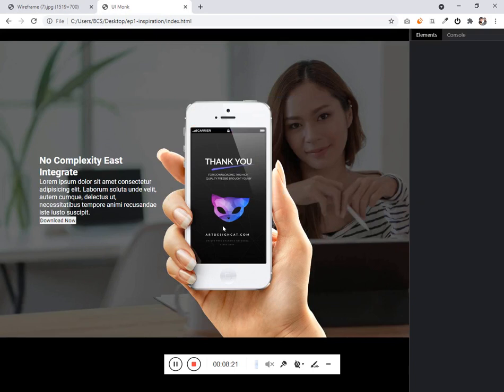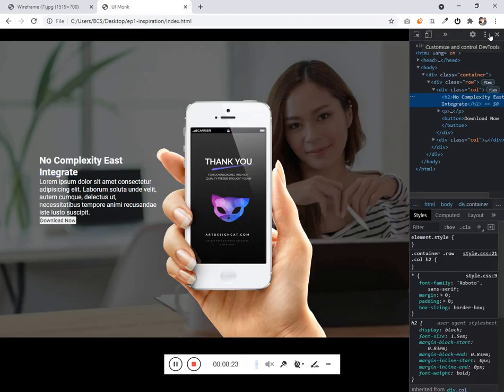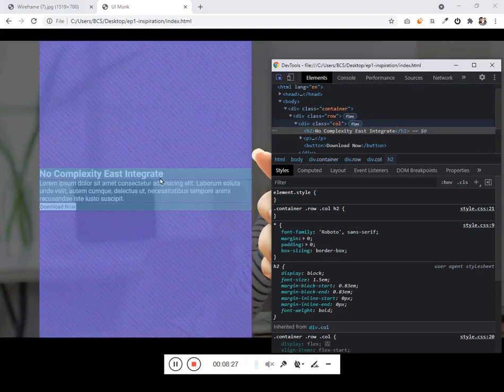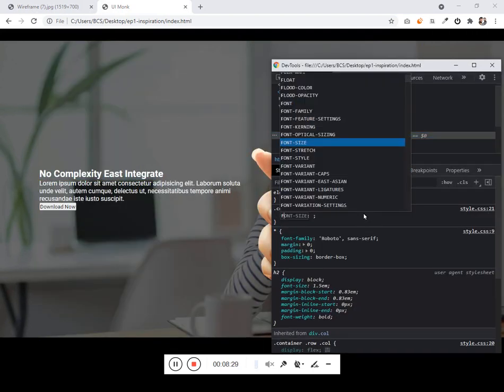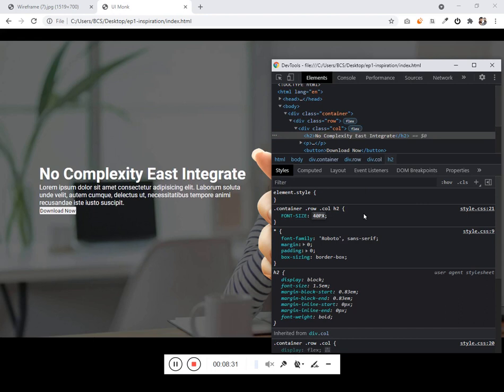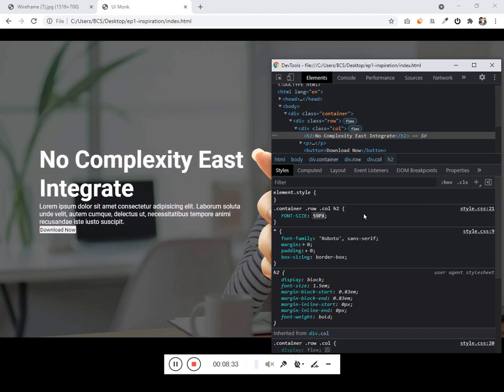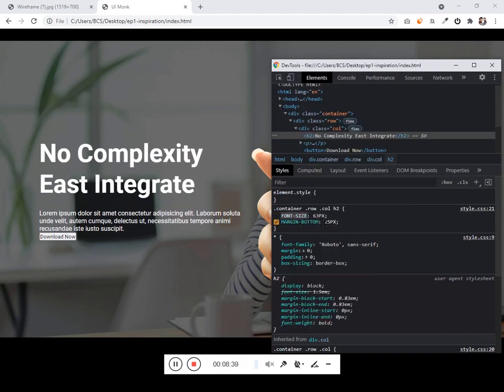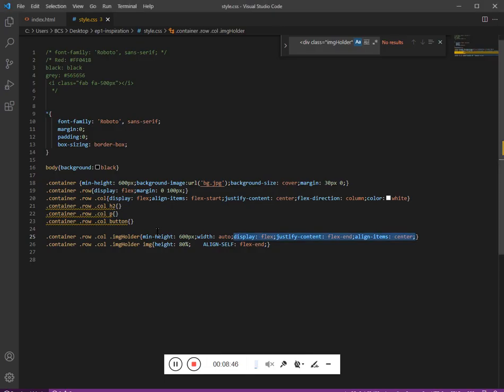Now cool. Now we just need to design the font size. Click on inspect, take this out, increase the font size to 35 pixel, and a margin bottom 25 pixel. Copy this and paste it for the H2.